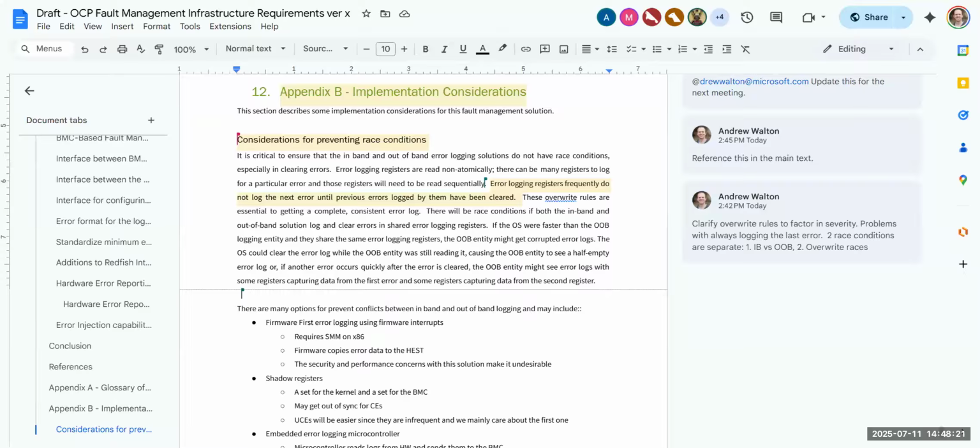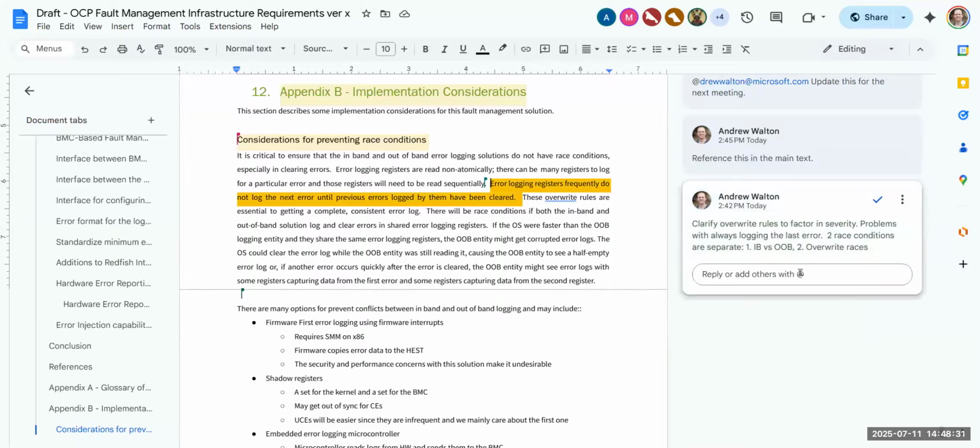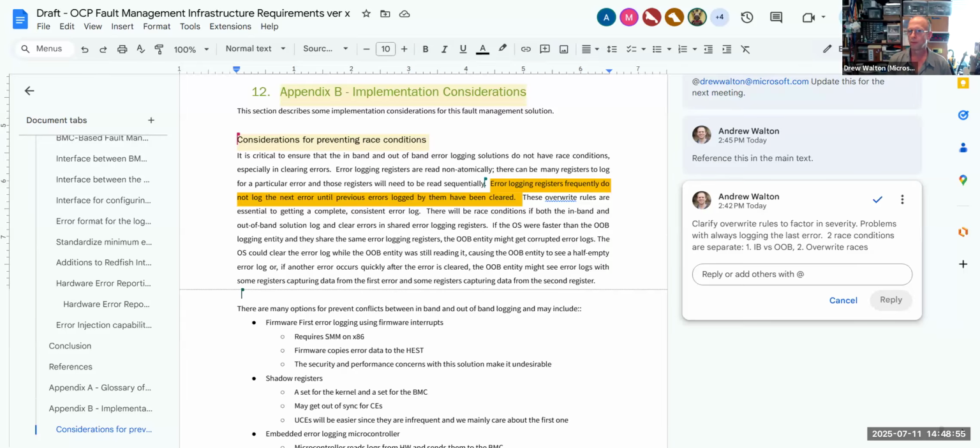No, that's not the... So guys, we are talking about two kind of different things here, and both are important. One is this non-atomicity concept, where hardware is logging errors while software is reading sequentially, and there could be a race there. The other is when there is a storm, multiple errors are being logged, and in some registers the first error information may be lost if it's overwritten. So we need to sort that also. There are two different problems, and we want to call out the considerations to handle both problems differently. That's it. So before we move on, I really want to hear Vilas's answer to what Tanya just pointed out.